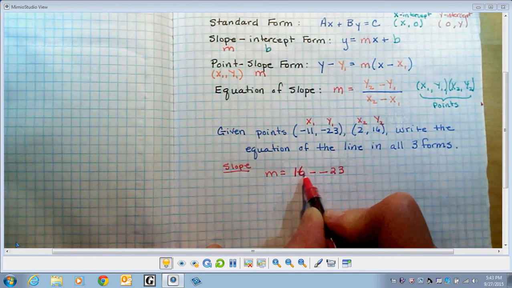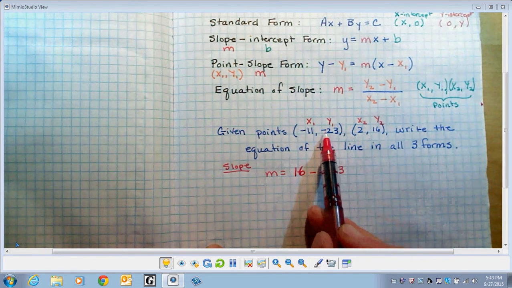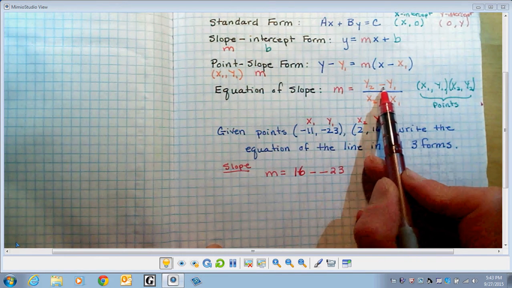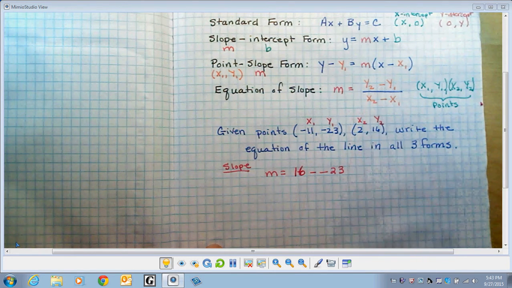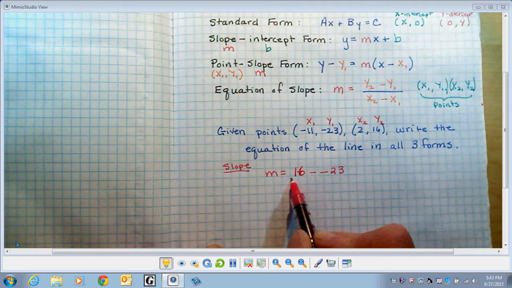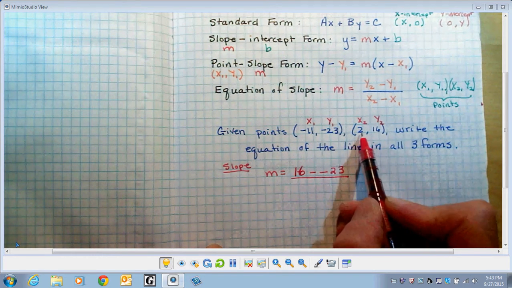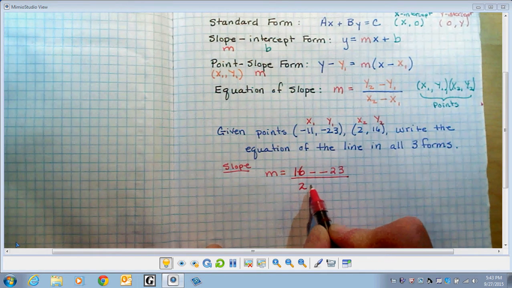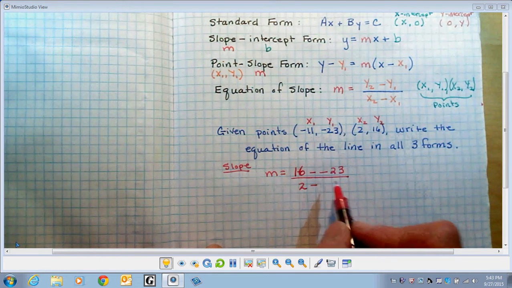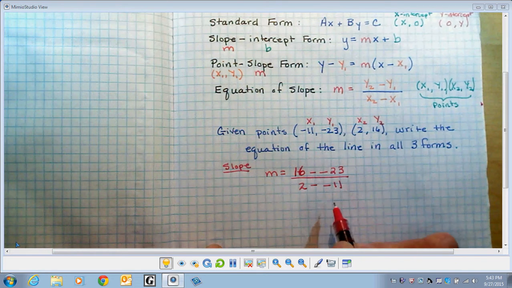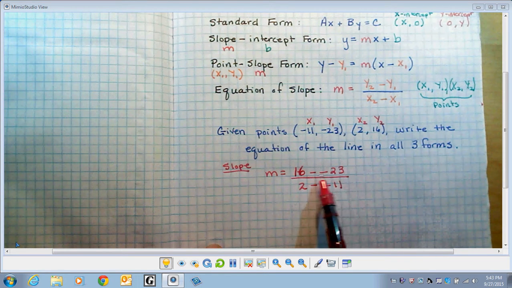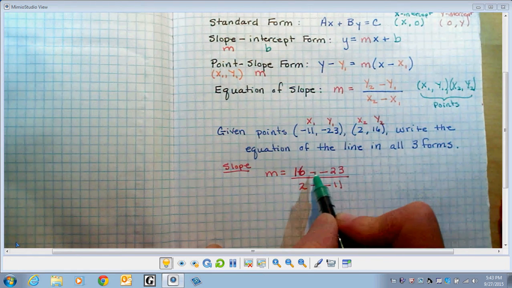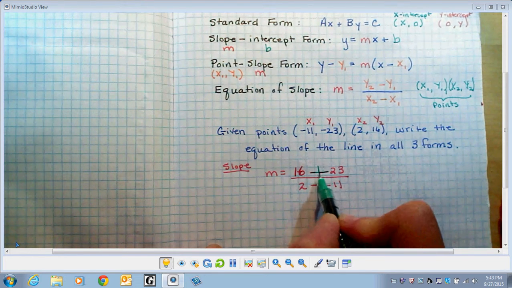A lot of students make a mistake here. They believe this minus is a part of this formula, and it's not. So that's all divided by x2 minus x1, which would be 2 minus, what is x1? Minus 11. So what I encourage you to do is when you see 2 minuses together, a minus minus, simply write over it like this. That becomes one big